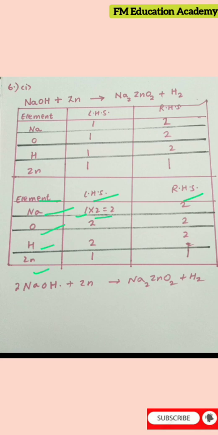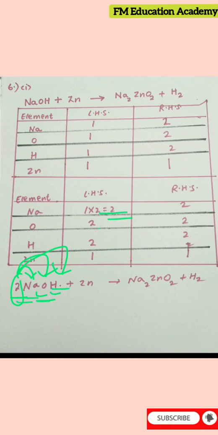Now multiply with 2. I'll get 2 here on LHS and RHS. Now write the reaction. Whenever you add 2, remember it will be beside. You cannot add below. You should add beside. Okay. So if I add here 2, you can see that the number of atoms on oxygen also will become 2, because this 2 belongs to sodium, this 2 belongs to oxygen, and this 2 belongs to hydrogen. And number of atoms on hydrogen will also be 2.